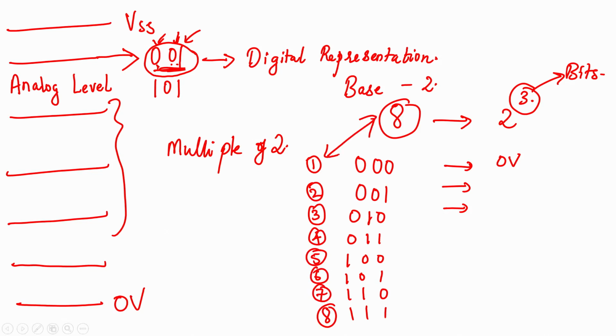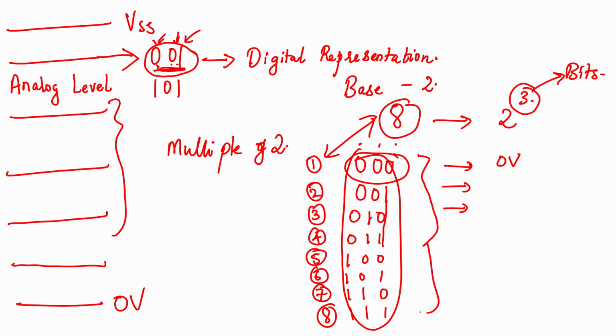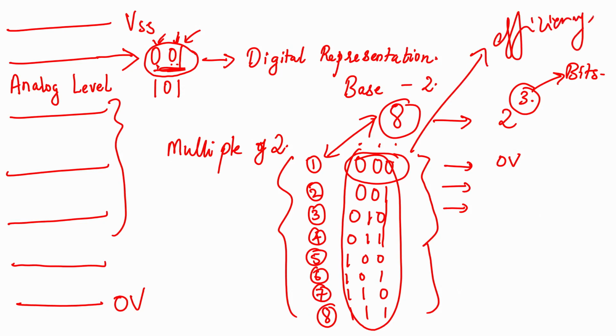Now, what do you observe? Each bit has toggled from 0 to 1 throughout, and all the bits have been fully used. What it means is that there is no other combination of changes possible for these 3 bits. Whatever combination of zeros and ones we can make out of these 3 bits, we have made by making use of 8 levels. So, if you are designing a system, that means we have used the bits to their complete efficiency.